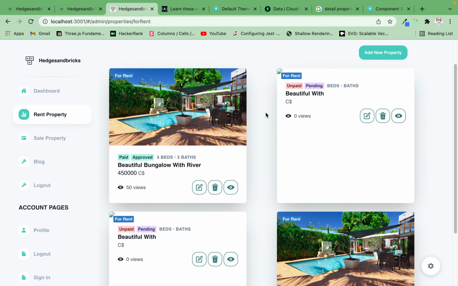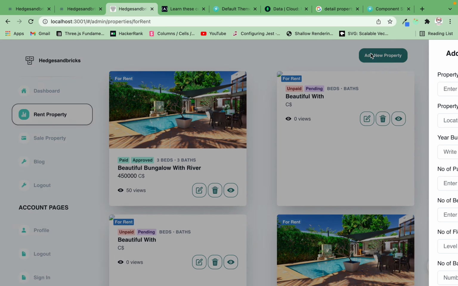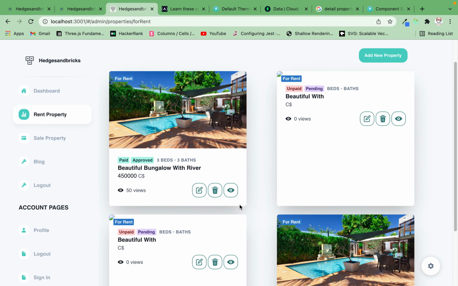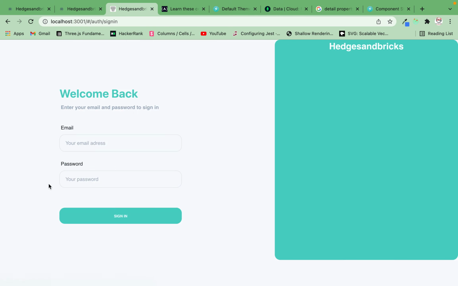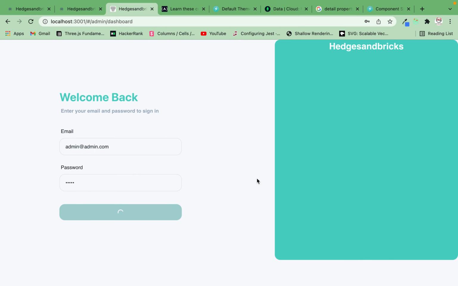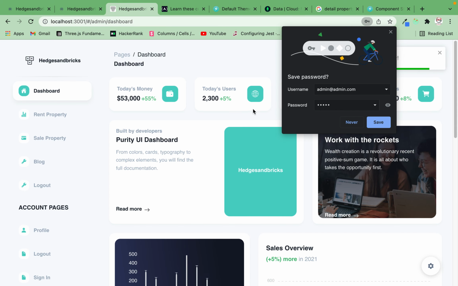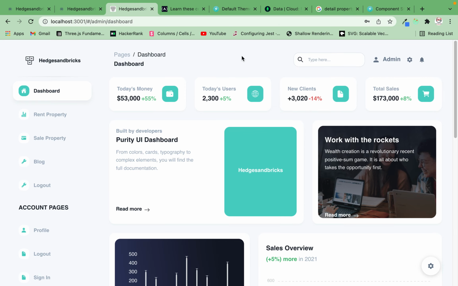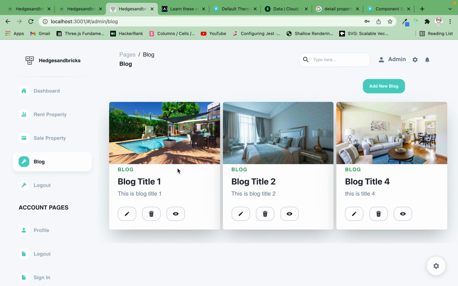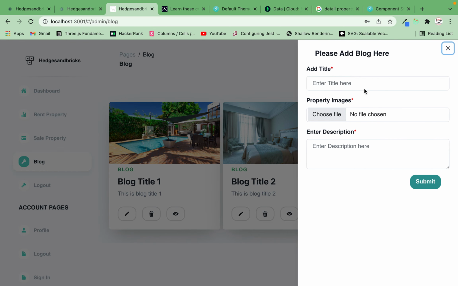Also, you were telling me you will have to give a demo to your friend, so let me give you a complete demo. I will give you a demo from the start because you were saying that you want to give a demo to your friend as well. So admin will come on this side and he will put his admin login details. Right now this is not completely dynamic. We will have to put dynamic details. The blog part has been completely done. If I click on this, like here.